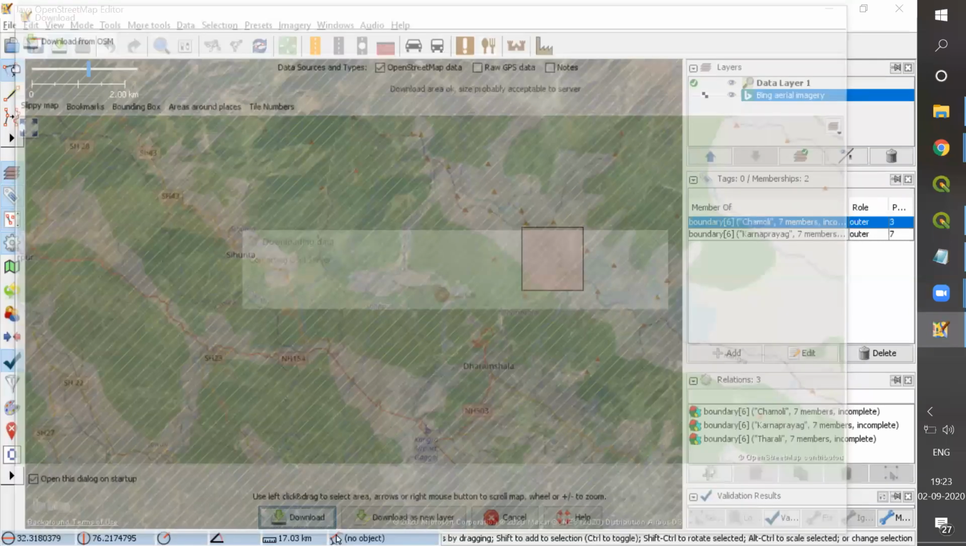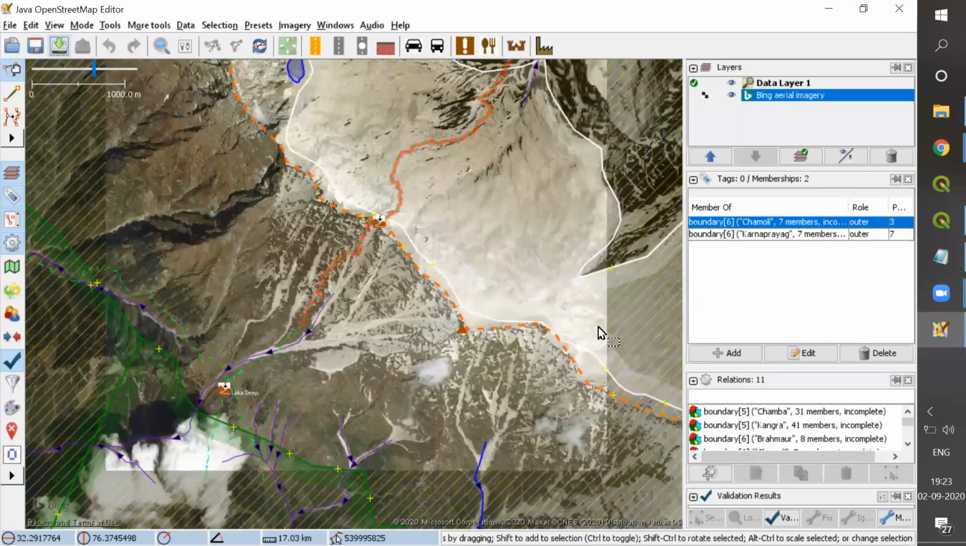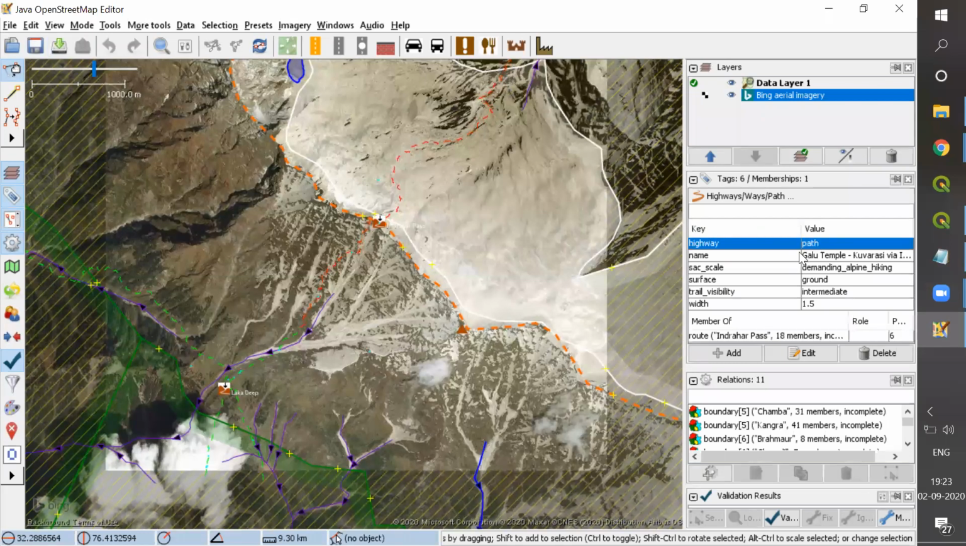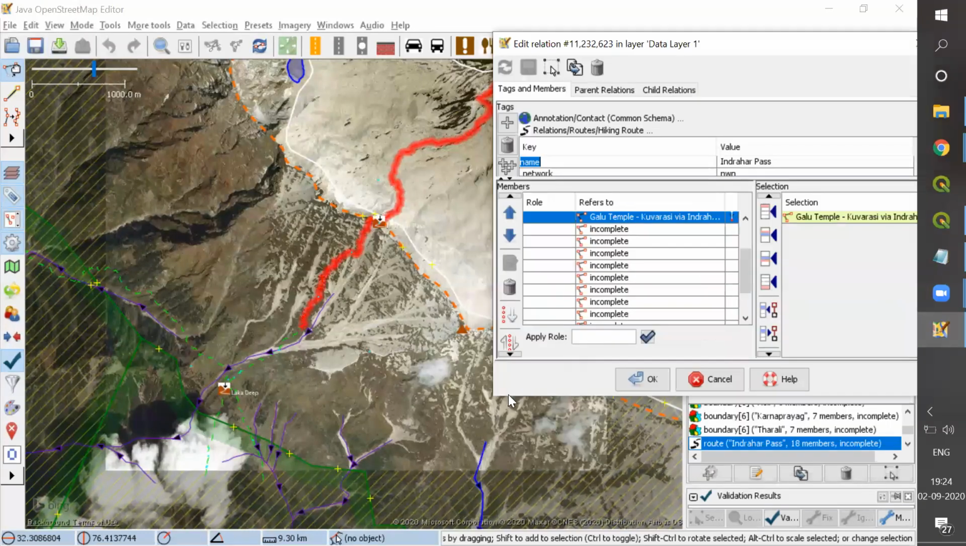I pick out some of these trails across the Dolador here, for example, this. This is the highway path. You can see the SAC scale again. Indrahar Pass is quite steep, so it's marked as level 3, level 4, demanding alpine hiking. It's soil type, visibility is intermediate, and the weight of the trail you can mention. And then you can see it's part of this relationship called the route. So if I edit it, you can see this is now a route, an OSM